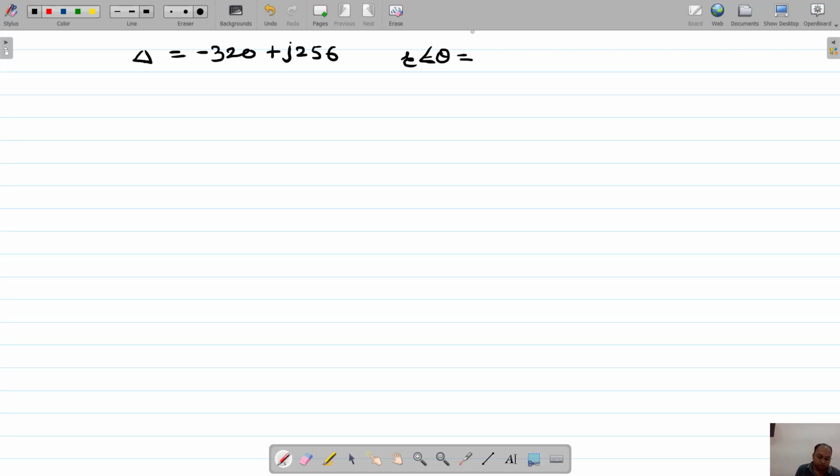Under root of minus 320 squared plus 256 squared, it is going to become... Okay, it is giving the answer as r is coming as